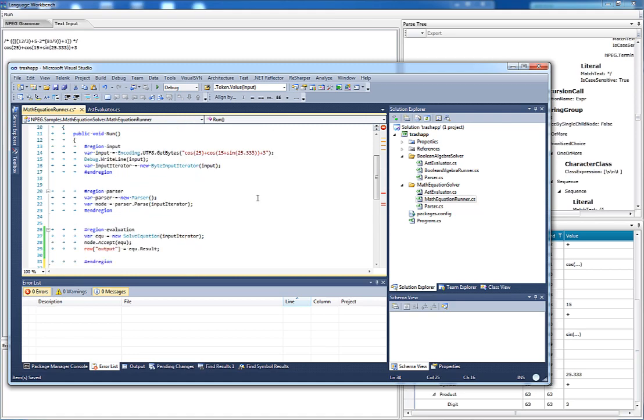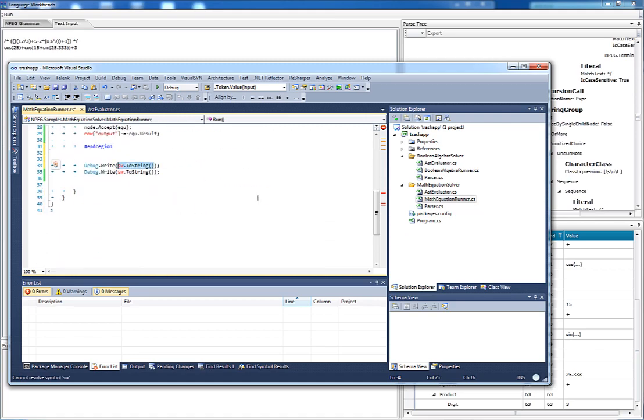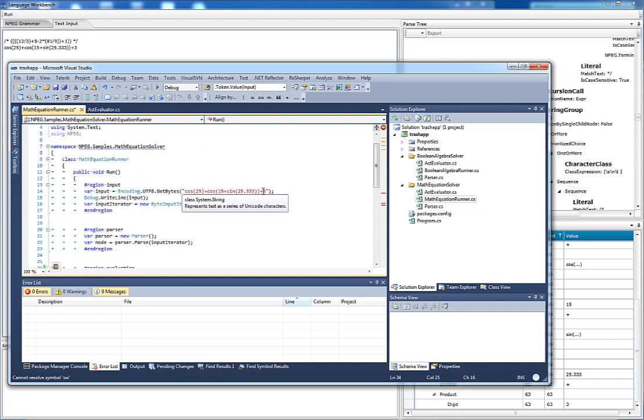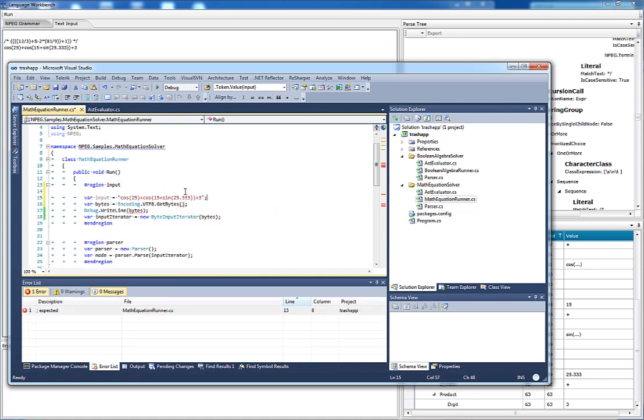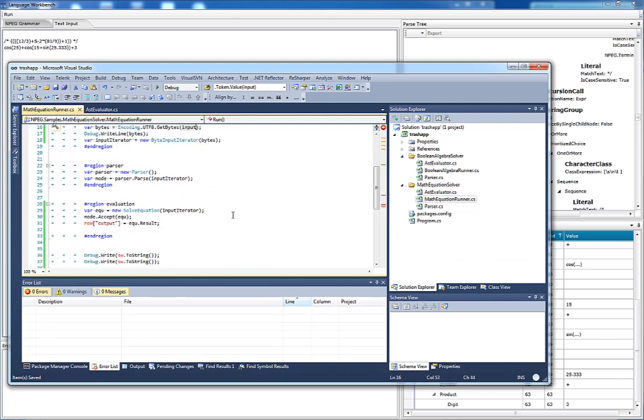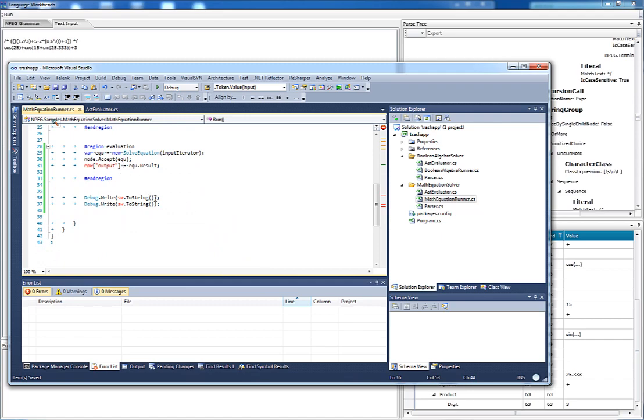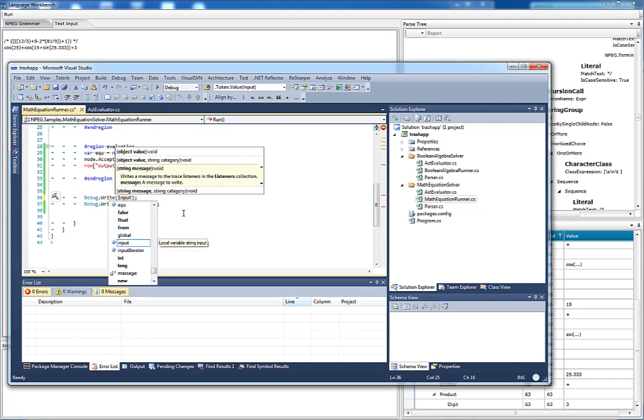We're going to give it the input. Let's call this bytes. Input. And now we'll be able to show you the input, and then show you the